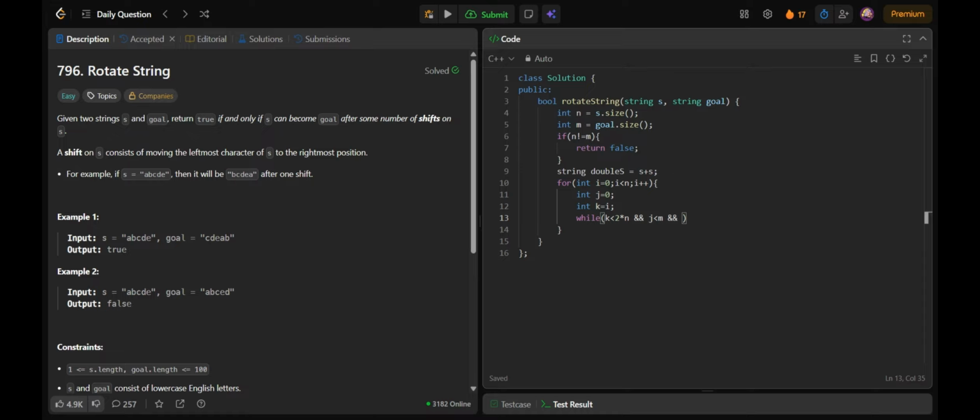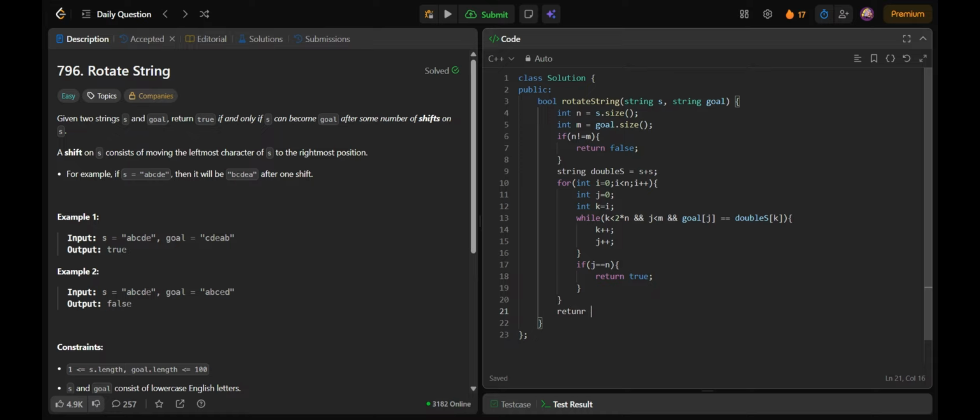And the main thing is goal of j should be equal to double s of k. If that is the case, we'll simply increment k and increment j as well. And then we'll check if all of j is completed, then we'll return true.